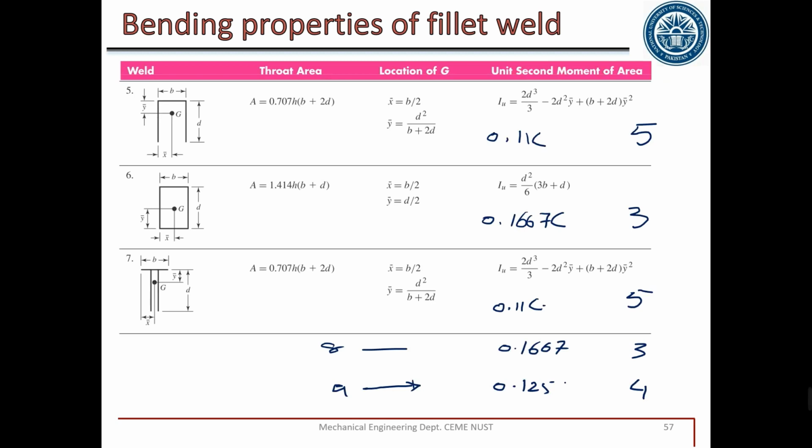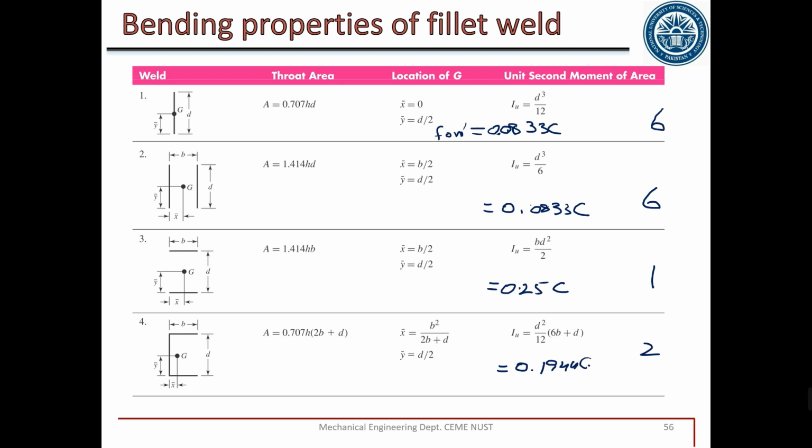So if you see the previous case, for bending, this all around square weld and parallel weld had the same rank, first rank, but for bending this has the lower rank. So if you have a case of bending plus torsion, then the best option is to use a parallel weld, which is case 3. This horizontal parallel weld. Vertical parallel has a rank of 6. Horizontal parallel has a rank of 1.